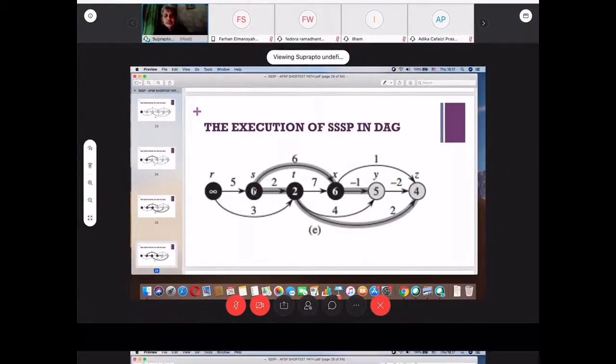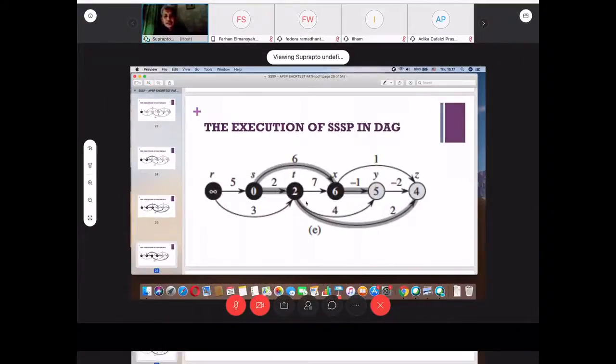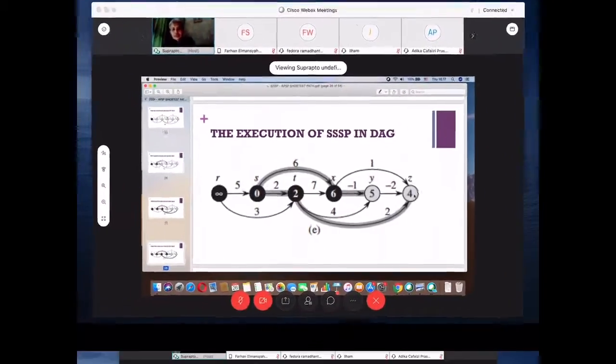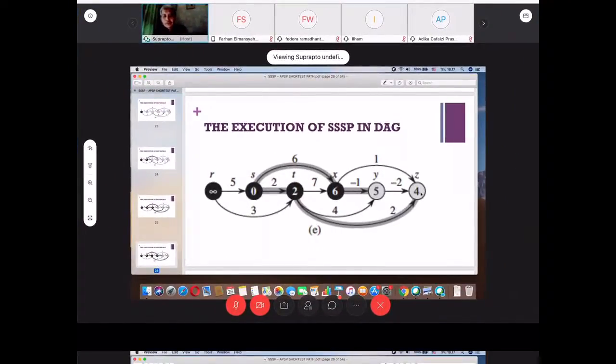But there is also the path from S to T, and then the unselected one. So we can follow this selected one. It is 2 plus 2 equals 4. But when we compare this,